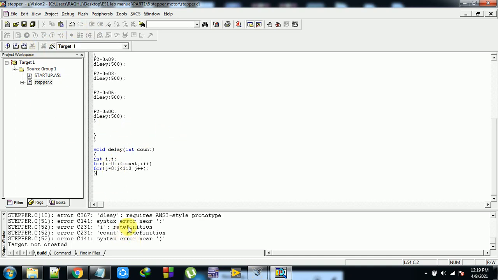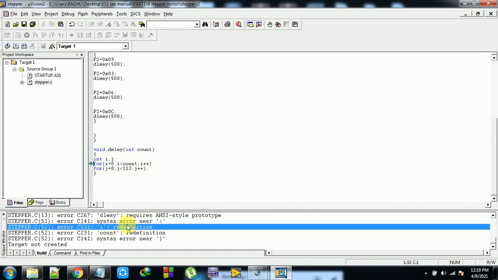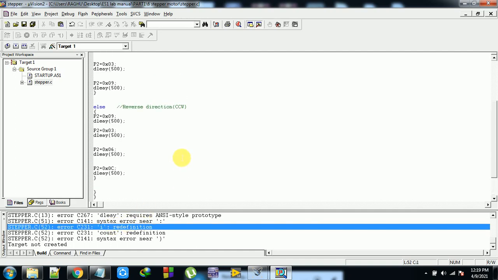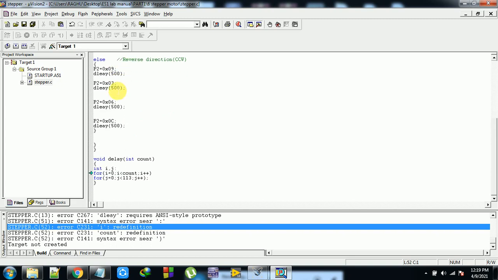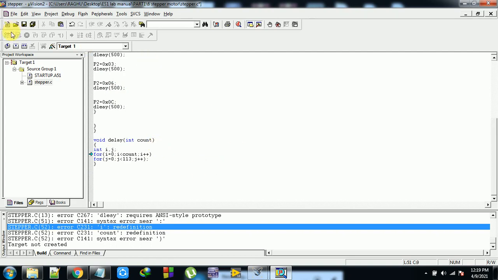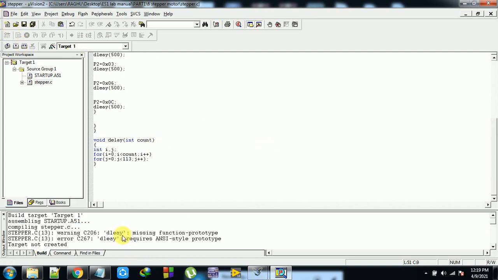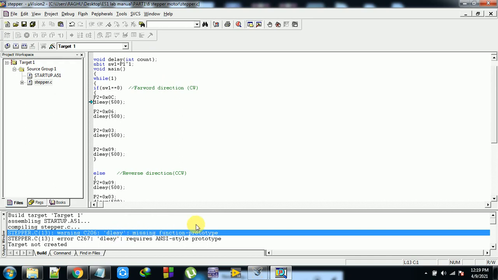Okay, so i is redefinition. i is redefinition. And count. Where I declared i. Int i comma j semicolon. Okay. Delay. Missing function prototype.